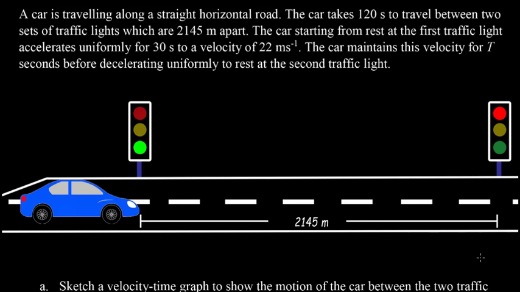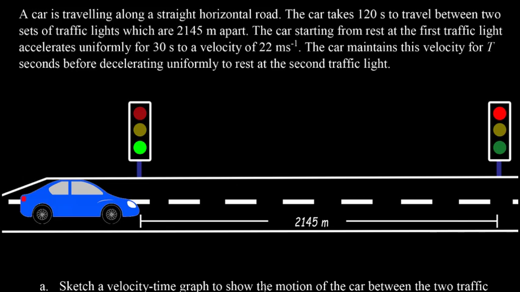Okay, so we have this question here, and it says a car is traveling along a straight horizontal road. The car takes 120 seconds to travel between two sets of traffic lights, which are 2,145 meters apart. The car, starting from rest at the first traffic light, accelerates uniformly for 30 seconds to a velocity of 22 meters per second. The car maintains this velocity for t seconds before decelerating uniformly to rest at the second traffic light. So first thing we need to do is to sketch a velocity time graph to show the motion of